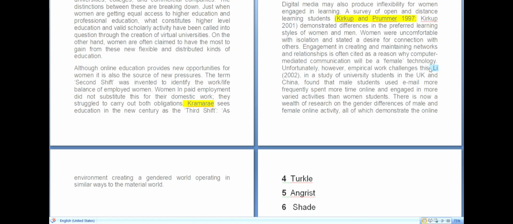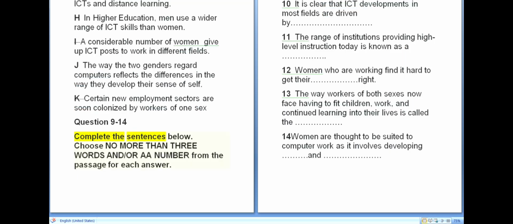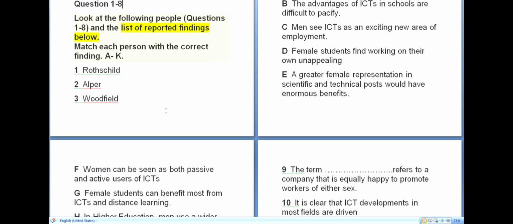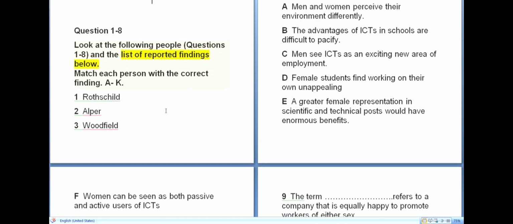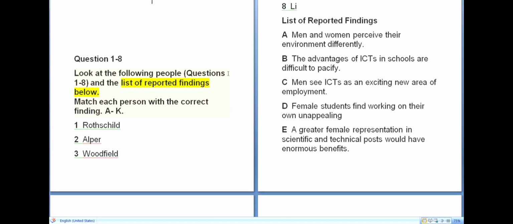Either you go to the concerned person, read the relevant lines, and then match the options. But I like to read the options first and then match to the concerned person. So here I start reading the statements which list the reported findings. Don't be in a hurry. You have ample time. All you have to do is clearly paraphrase them, clearly understand what every sentence states.